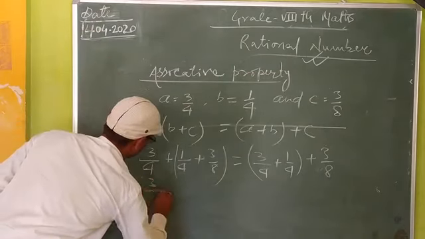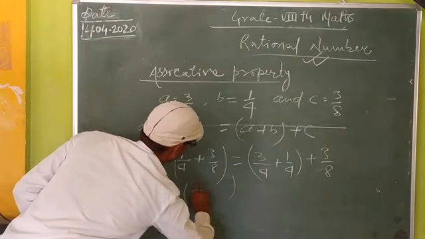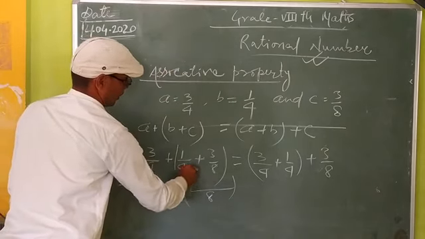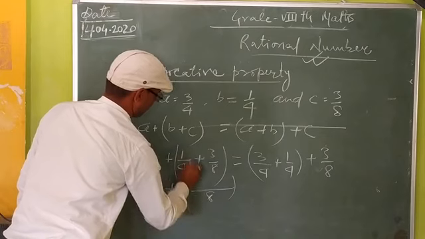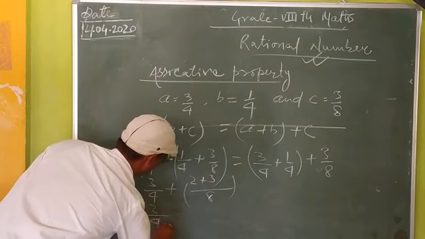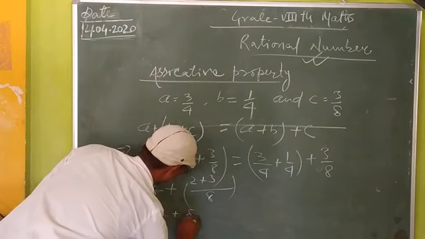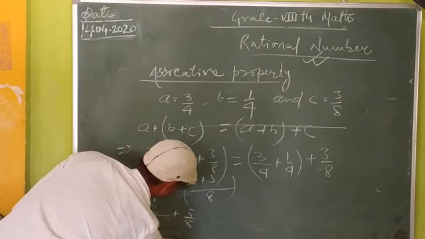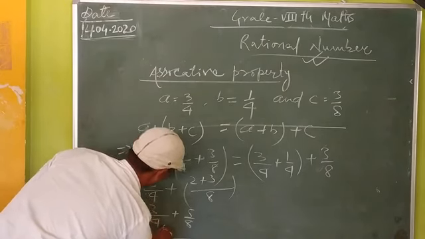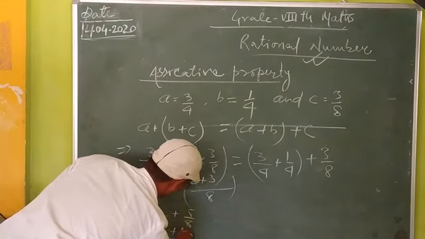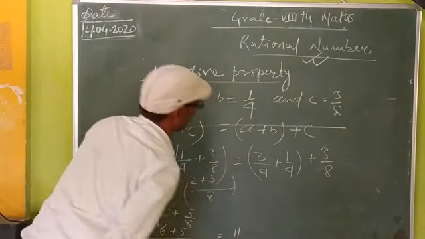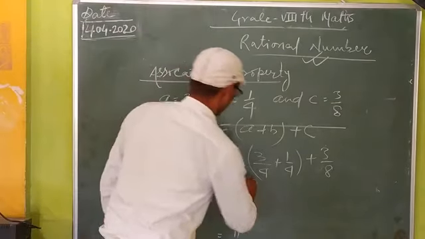Do the operation. Take LCM. LCM is 8. 4 divided by 2 times 1, 2 is 2. You know very well, 3/4 plus 5/8. Overall, here the LCM will be 8. 8 divided by 4 is 2 times, and 3 twos are 6, plus 8 divided by 8 is 1 time, 5. Here it gives 11/8.